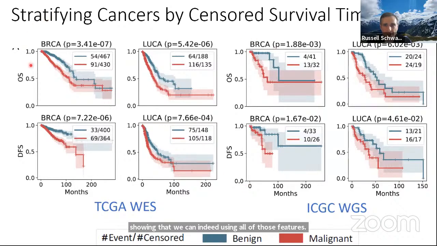This is in particular showing that those models give us a way of accurately stratifying patients into good and bad prognosis subgroups and getting a significant separation. We do a lot better with the less informative but large cohort whole exome sequence than the more informative but small cohort whole genome sequence. Some of those are kind of at the threshold of significance here, but we are at least able to build